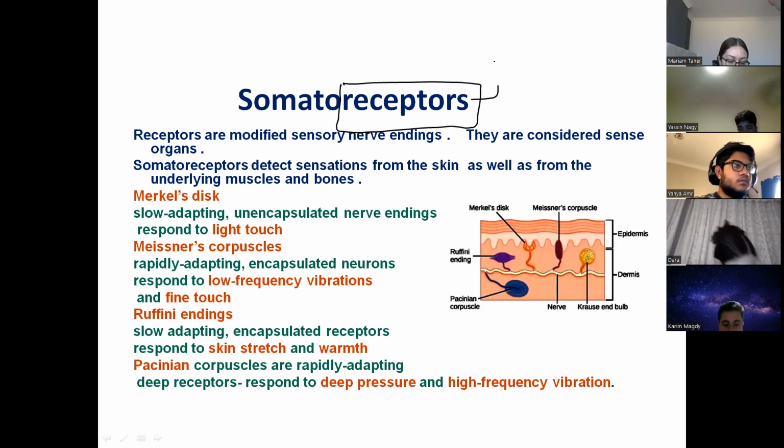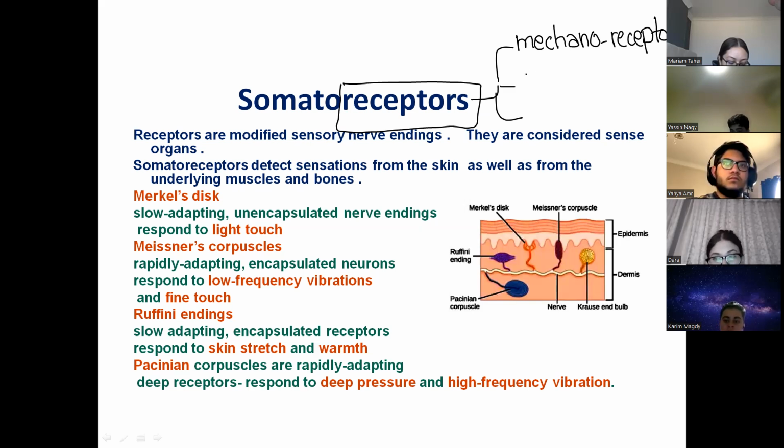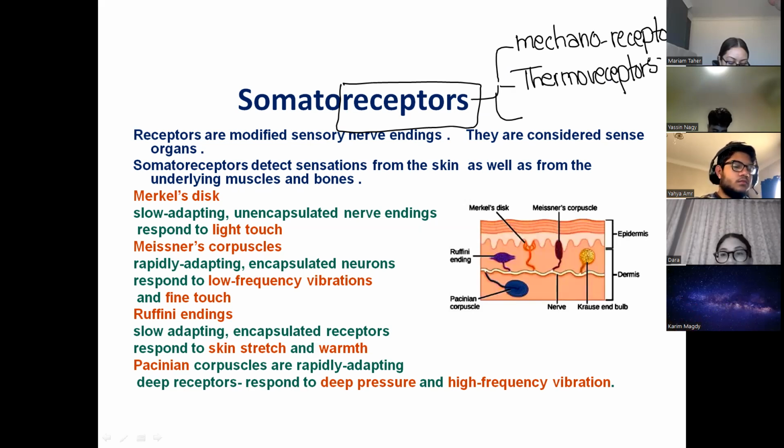Receptors can be divided into several classes depending on the type of stimulus that triggers them. For example, we could have mechanoreceptors. Mechanoreceptors are stimulated by mechanical forces like stretch, pressure, and touch. We also have thermoreceptors, which are stimulated or triggered by changes in temperature. So we have heat receptors and cold receptors, as well as